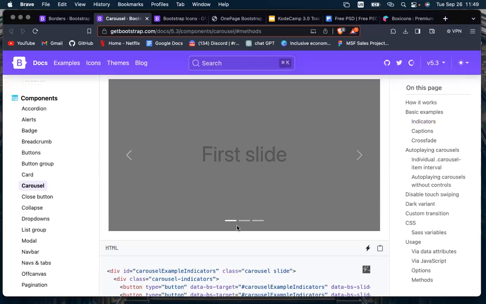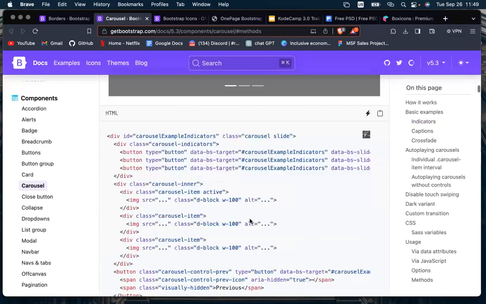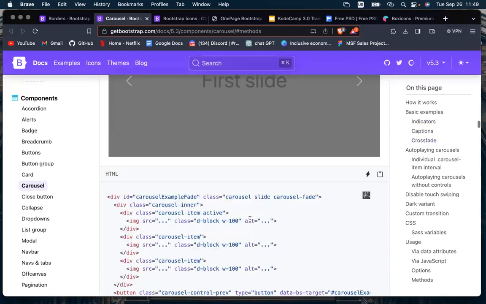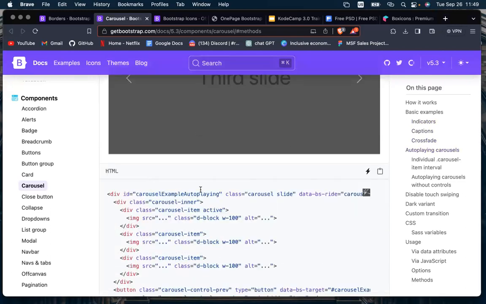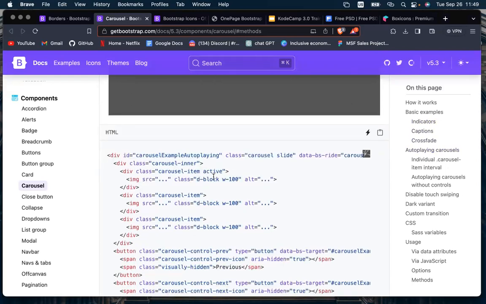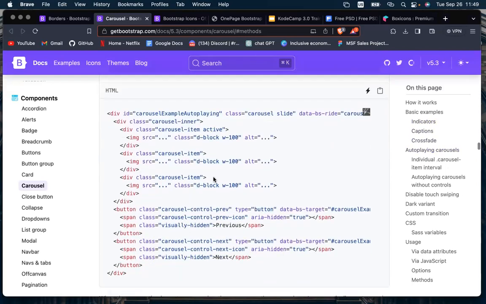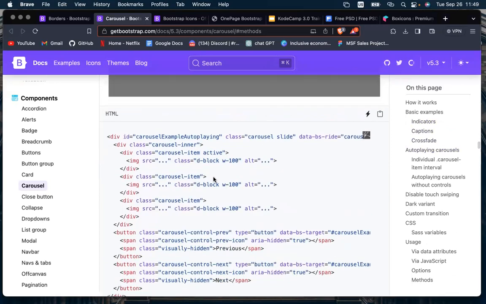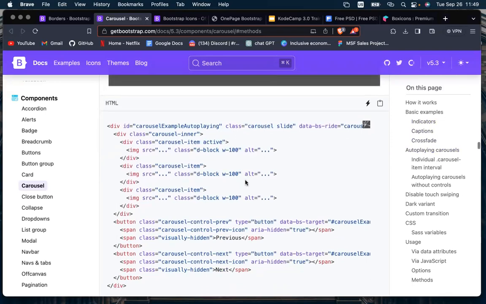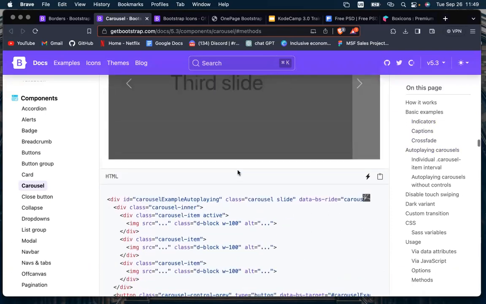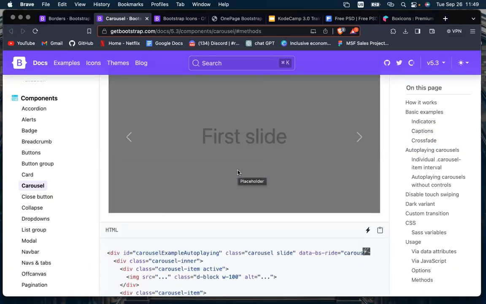We are going to use this one because this one is having a pagination, right? And then we'll go down to the one with autoplay, right? And then we'll copy the command that is actually making it autoplay and we'll pass it to the one with the pagination. So that's just the idea. Vice versa, you can also do it by copying the one with autoplay and then copy pagination and then paste it there. So either way, but first, let's see how we can actually integrate the design that we currently have inside